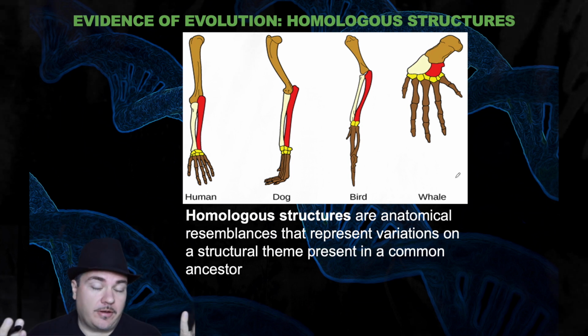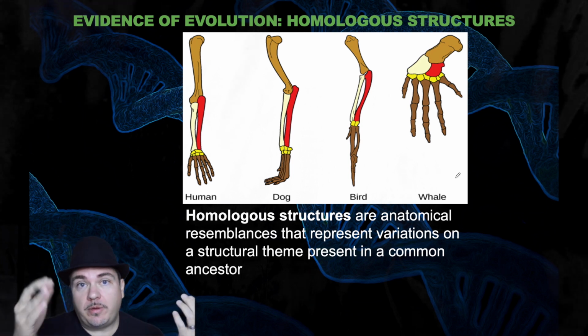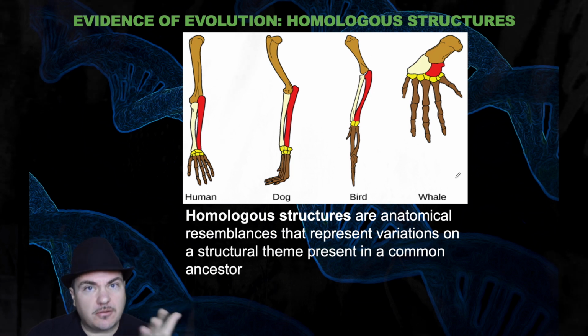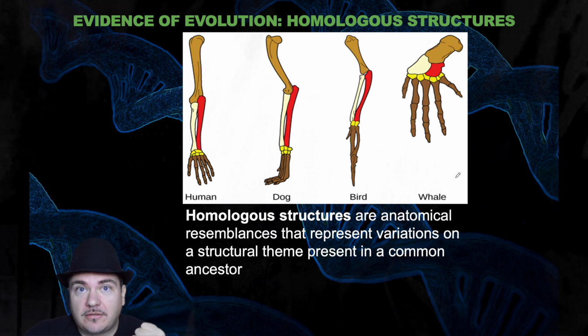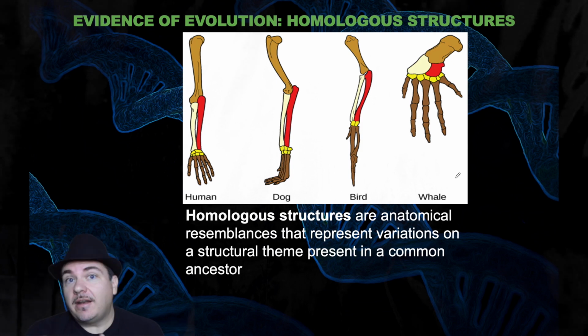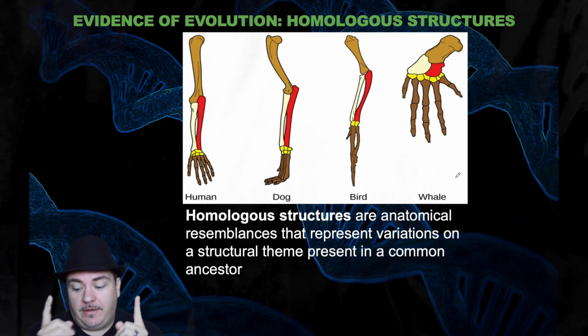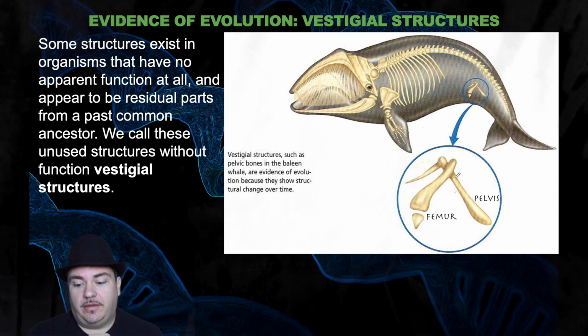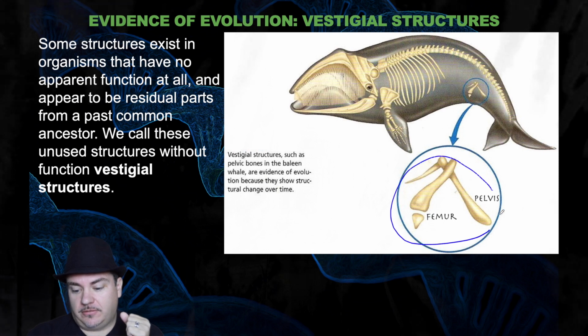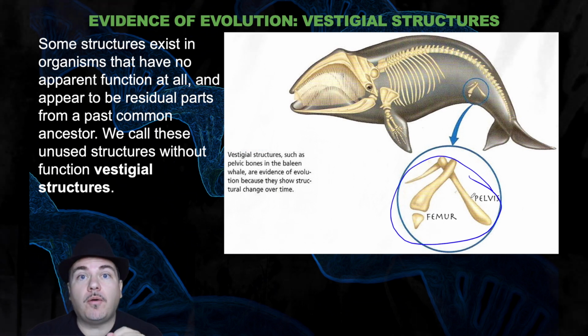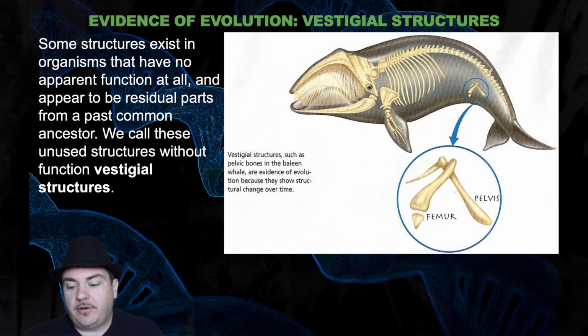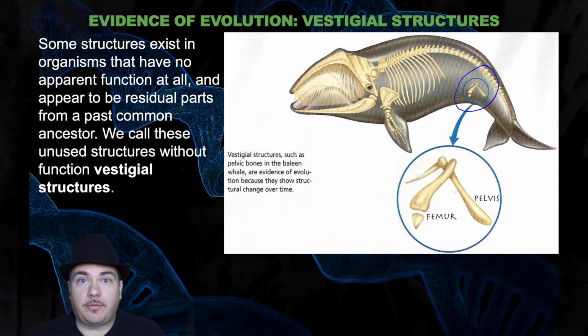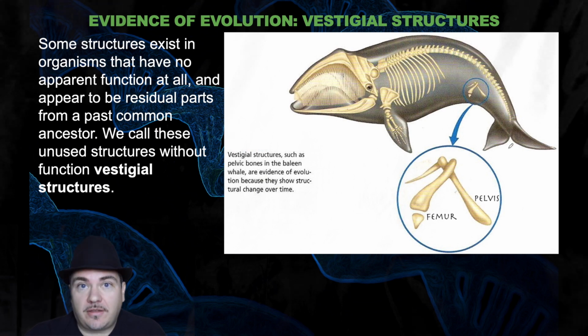Okay, now you're probably also very aware that whales are those large organisms that are swimming through the oceans. As they're swimming through the oceans, whales don't walk. Whales have no use for legs. They don't walk. However, if you look at the skeleton of a whale, it has the remnants of legs. It has a bit of its pelvis and its femur left over. These bones do nothing. They're absolutely useless for the whale. Its pelvis bone isn't even attached to the spinal column anymore, like your pelvis bone is attached to your spinal column. So if they're useless, because whales don't walk, why are they there?